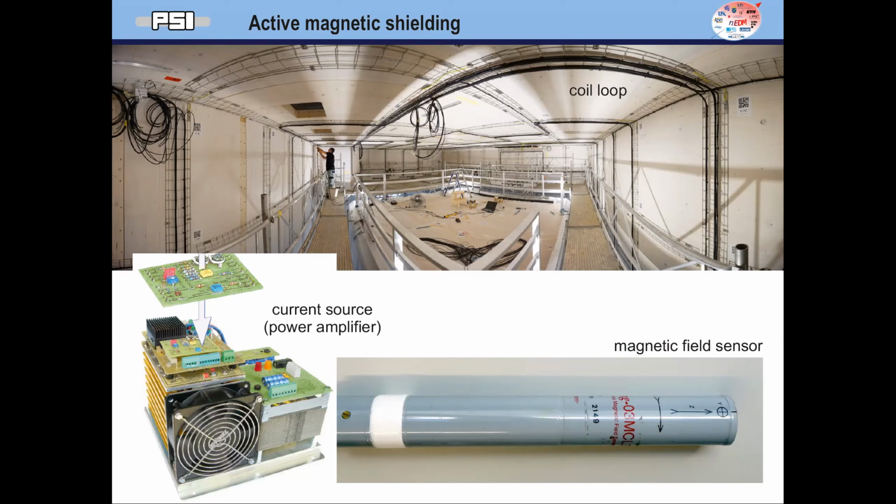The PID controller now, it's a bit more complicated than the one that I showed you because it has 30 input parameters and 24 output parameters. So it has a vector of input parameters, a vector of output parameters, and a complicated matrix relating the two. And for that reason, it's called matrix feedback. And this is implemented digitally